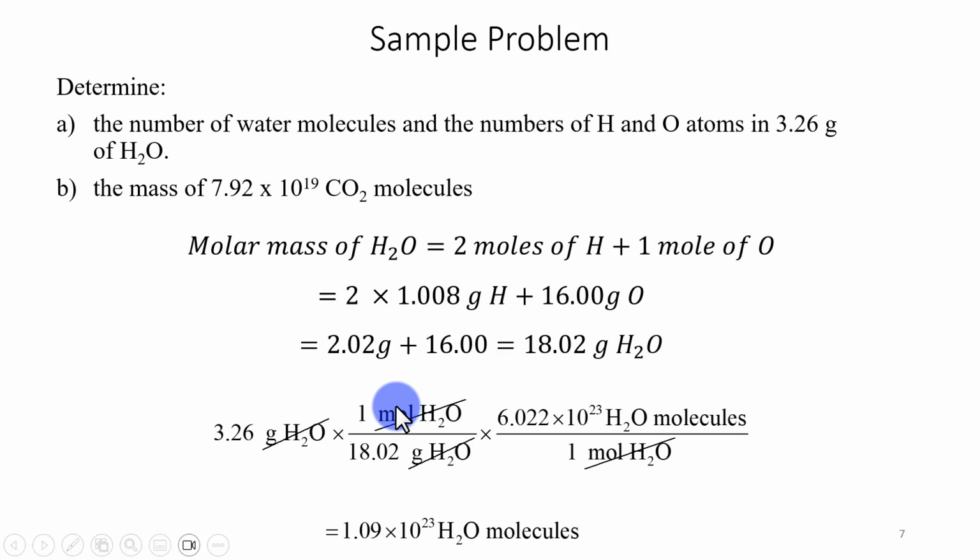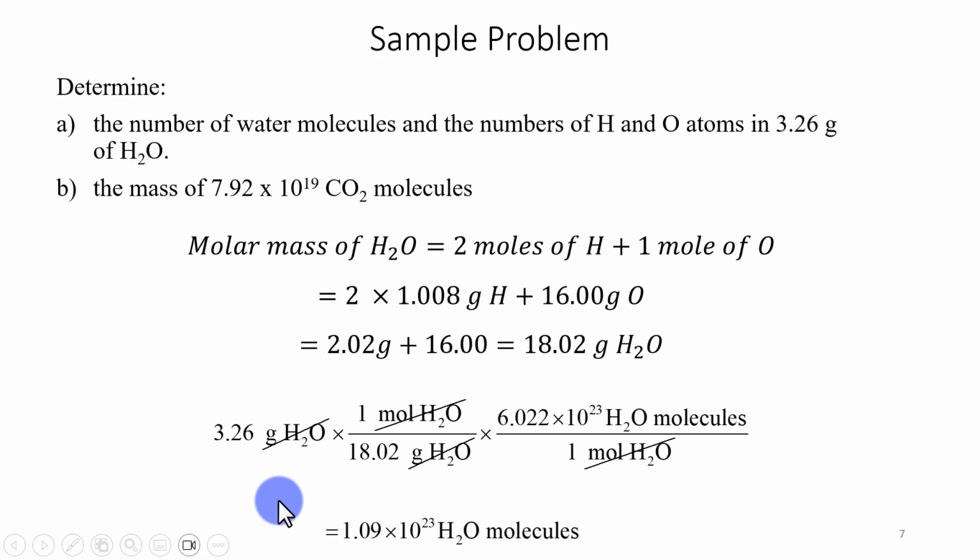And then to convert to water molecules, I know that 1 mole of water contains 6.022 times 10 to the 23rd water molecules. My moles will cancel, leaving me with water molecules. Once again, follow the flow chart that is provided for you. That should be very helpful. And then I would do 3.26 times Avogadro's number divided by 18.02 to get 1.09 times 10 to the 23rd. Note that these do not count for significant digits because they're exact numbers, but 3.26 does, and that's why I